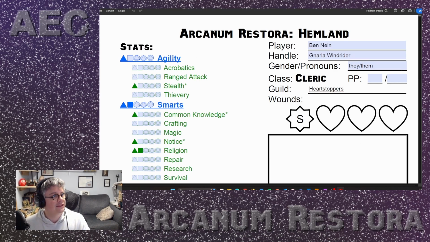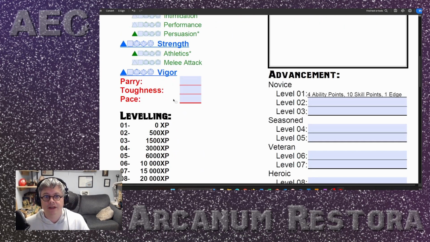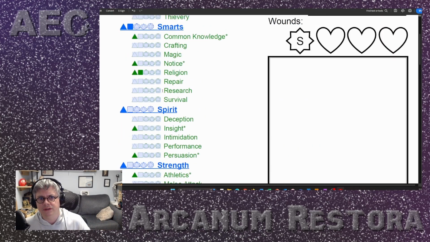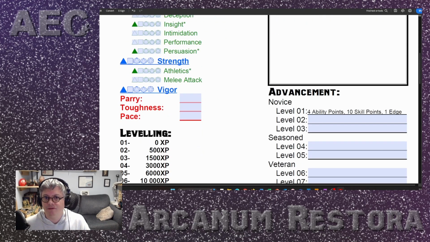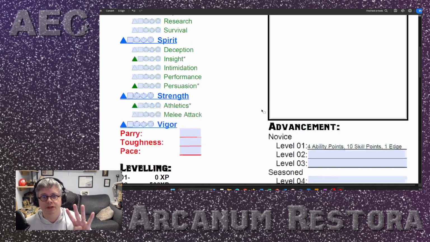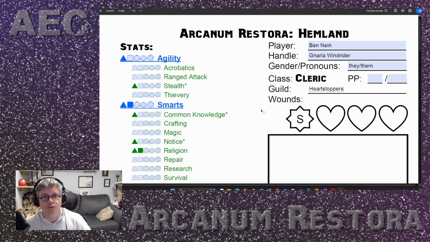Next, I'm going to be filling out this left-hand section, and there's a couple of steps there. First is our ability scores. These are in blue, and our ability scores are important, and they make it more or less expensive to buy the skills underneath, with the exception of Vigor, which has no skills underneath, but is important in figuring out how tough you are, as well as how good you are at resisting poisons and things like that. So right here, under advancement, under level 1, it says I have 4 ability points. So I'm going to spend those 4 ability points in blue. I'm only going to click the blue ones.